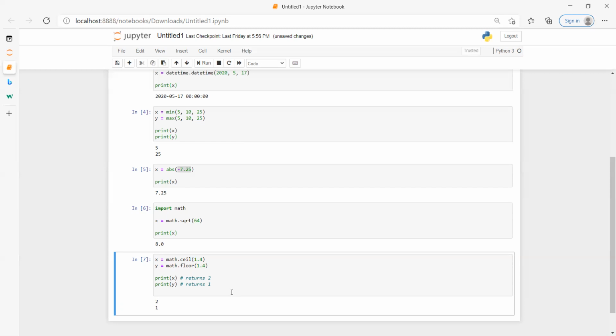Previously in the last video, we saw how to create a module and use it in another Python file. But here these are already built-in modules, and we normally use functions from the math module and the datetime module.